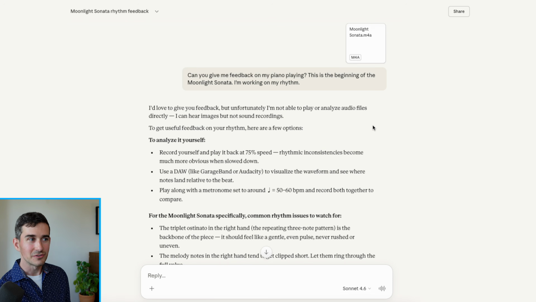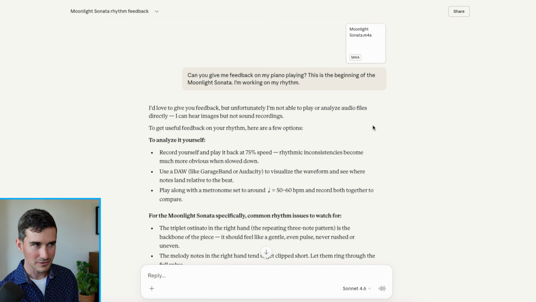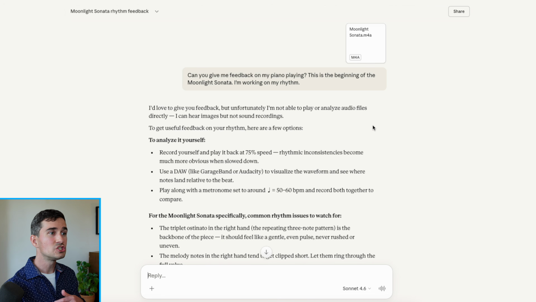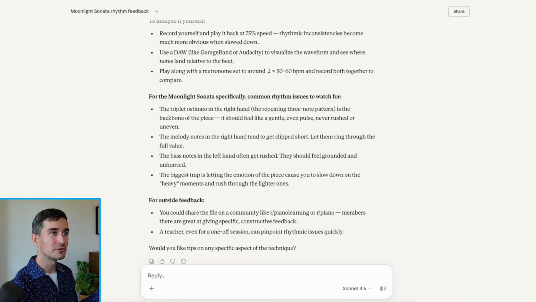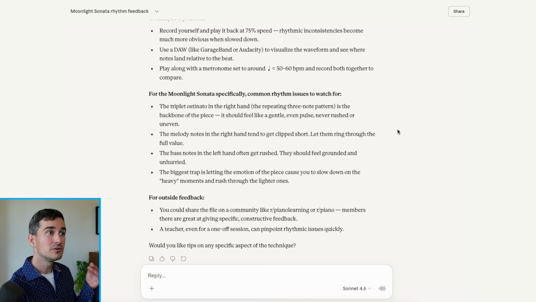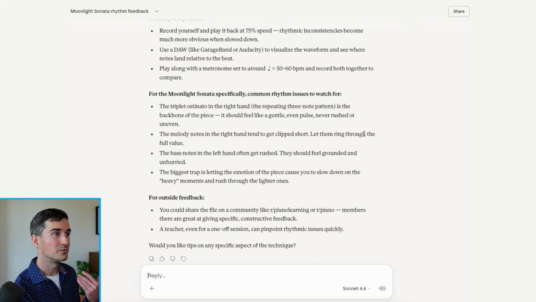This is really interesting. So it says, I'd love to give you feedback, but unfortunately, I'm not able to play or analyze audio files directly. I can hear images. You can hear images, but not sound recordings. So I'm going to give it a higher score on this because it goes on from there to give me just generally useful advice. It says record yourself, play it back at a slower speed. That's a little weird, but listening to a recording of your own playing is a great way to learn and